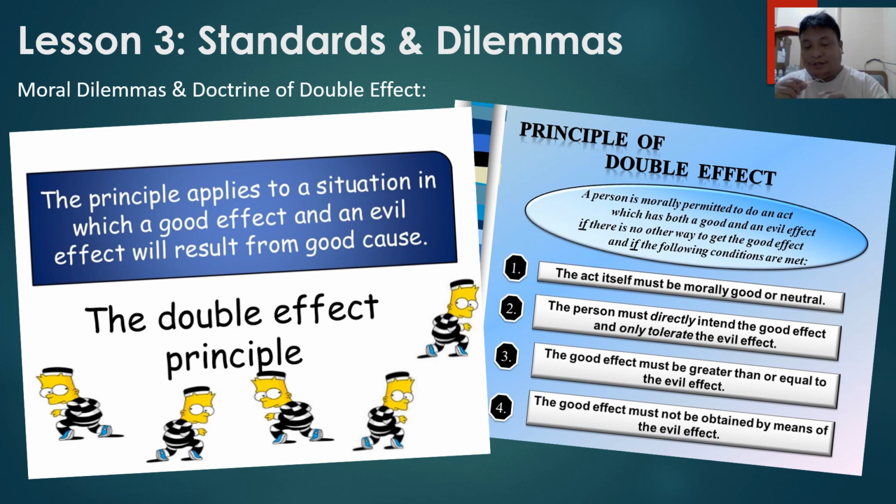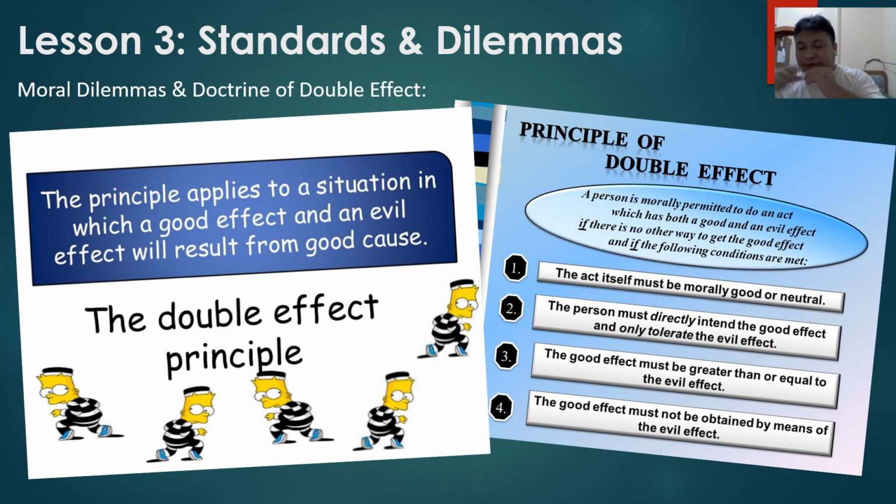But the purpose here of removing the baby from the fallopian tube, or otherwise some others would say that it is an abortion, so your intention is not to abort, basically. Because abortion is a direct killing of an infant inside the womb. Your intention here is not to abort the baby, but the intention here is for you to stay alive. But on the other hand,